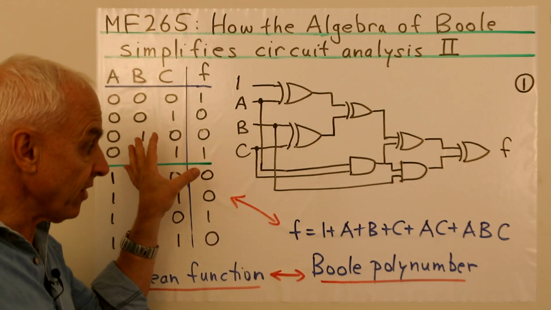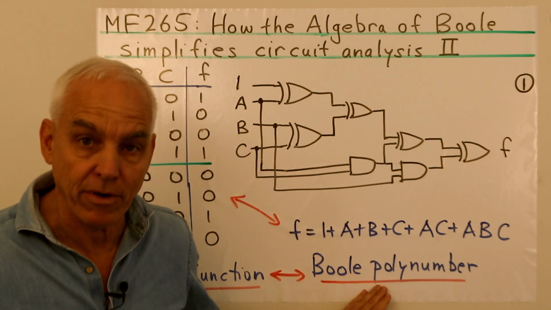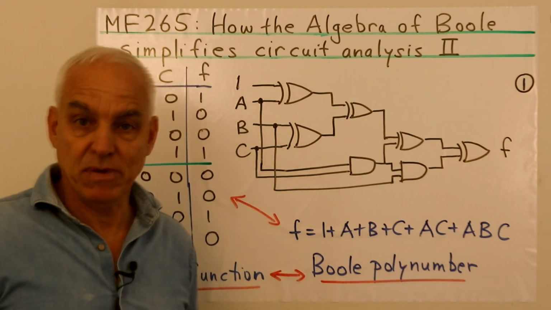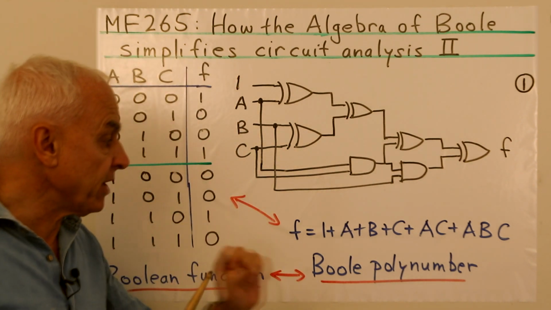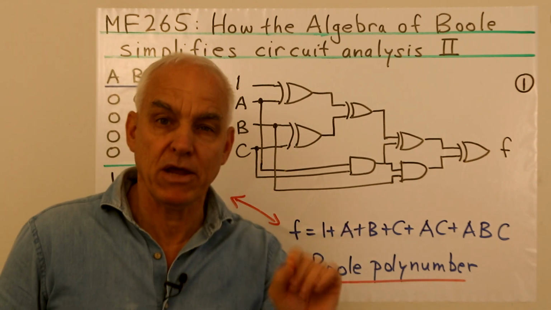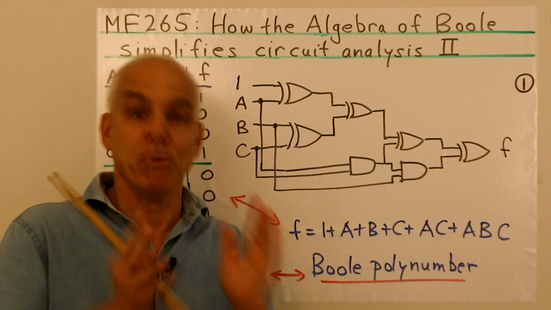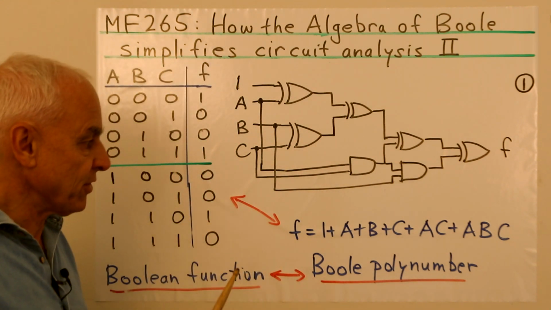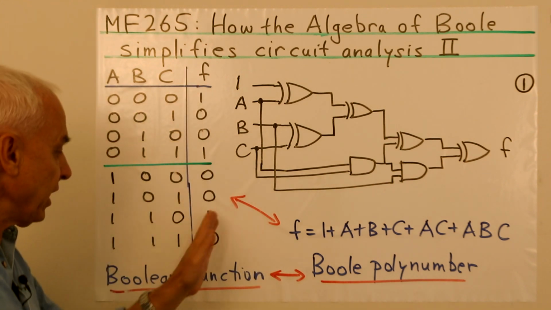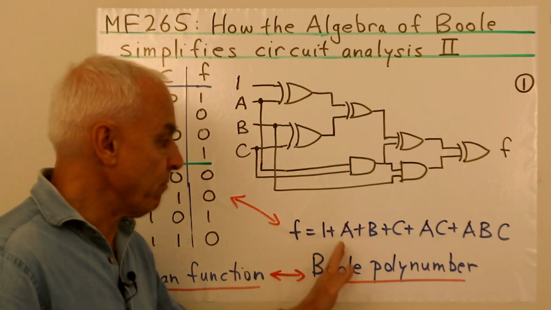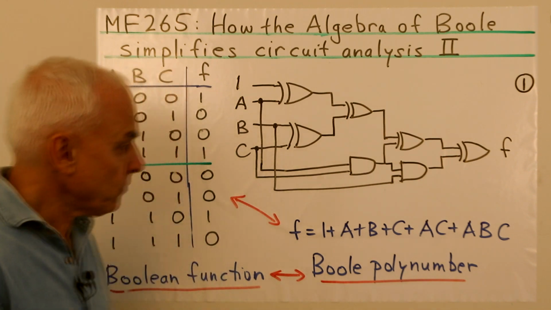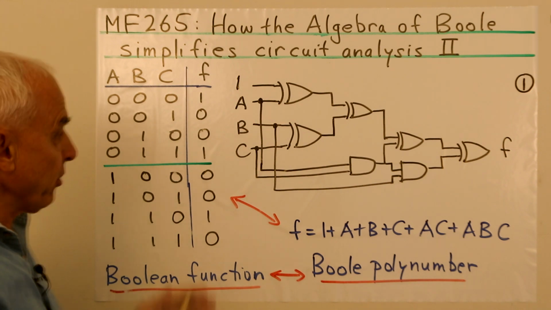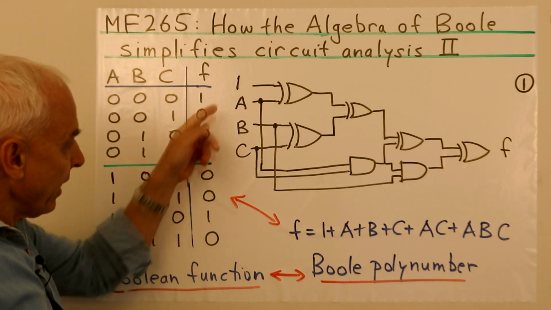Now associated to this is this Boole polynumber. It's a polynomial expression in A, B, and C, which has the particular property that no exponent is bigger than 1. That's what makes it a Boole polynumber. Okay, and I tried to convince you that there's an exact correspondence between these Boolean functions and these Boole polynumbers. And here's a circuit that captures this Boole polynumber or this Boolean function and takes the inputs A, B, and C